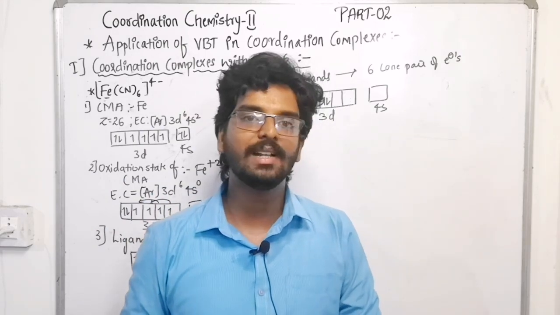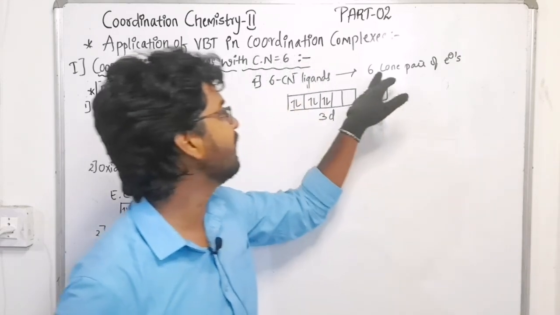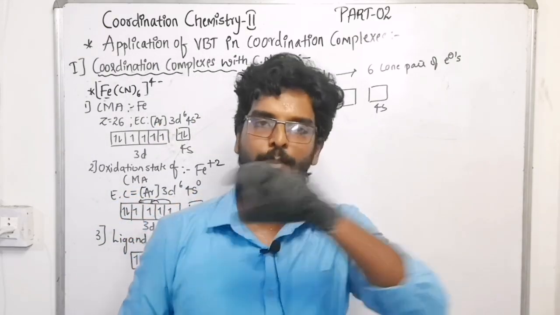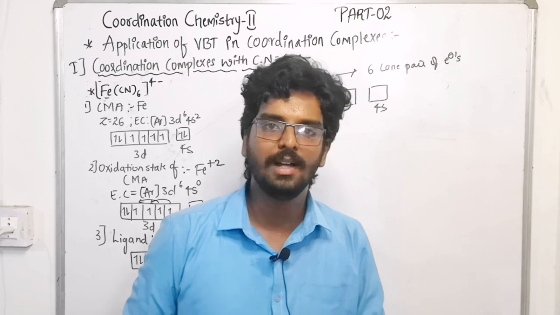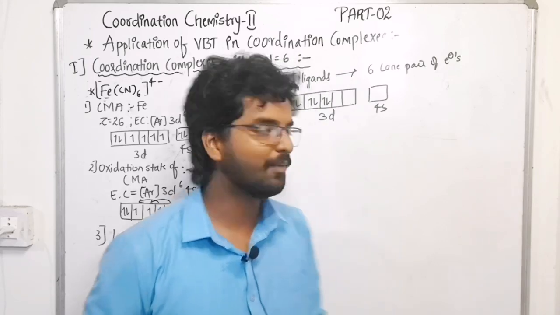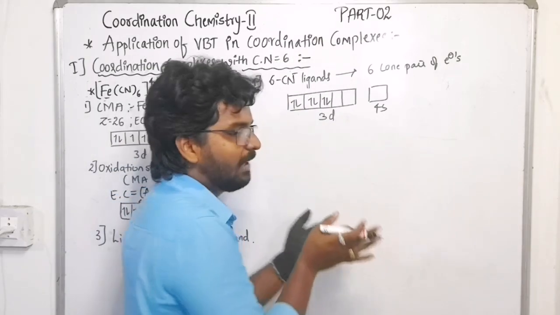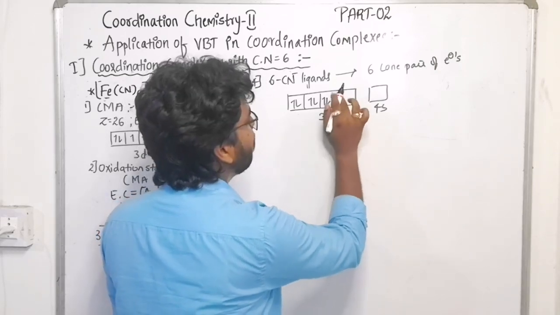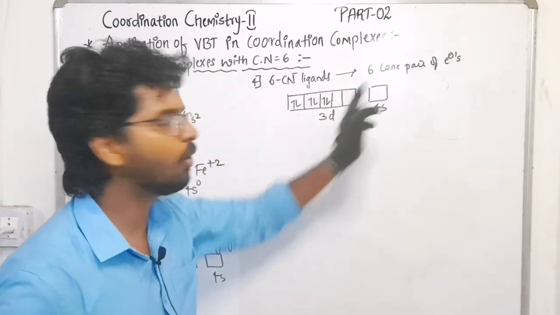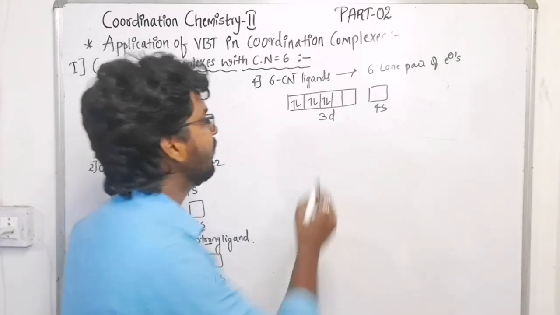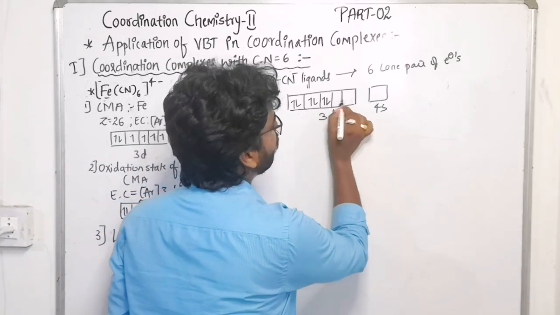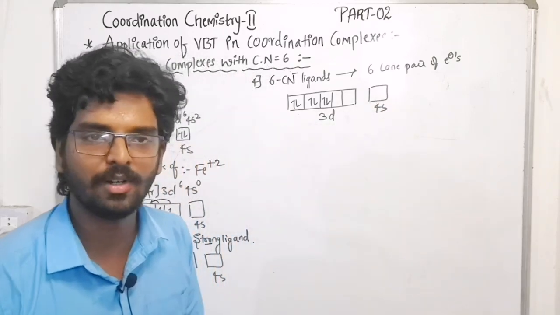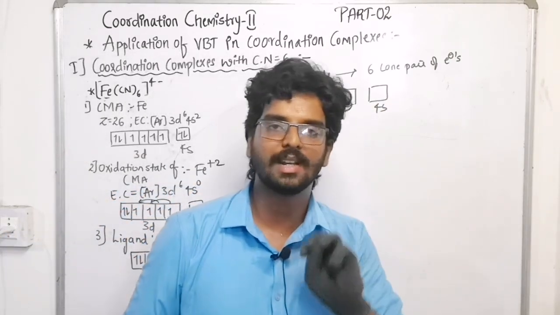We need 6 equal energy empty orbitals. Why? Because the Fe+2 is accepting 6 lone pairs of electrons. As many lone pairs, that many vacant orbitals we should have. But if you see here, how many do we have now? In d, two orbitals are free, and from s one is free. That means 2 empty orbitals of d are present and 1 s orbital is present. That means we have 3 vacant orbitals.